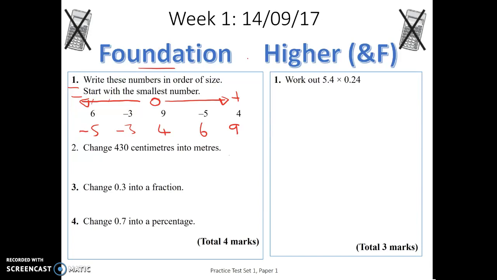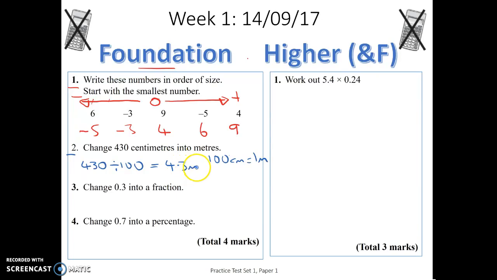And question number 2 says change 430 centimetres into metres. Well, the first thing we need to know here is that 100 centimetres is equal to 1 metre. So our conversion factor is 100, as there are 100 centimetres in a metre. But some candidates will struggle to know whether to times or divide. So let's have a think. We've got 430 centimetres. So this time I think we need to do a division. 430 divided by 100, and that's going to give us